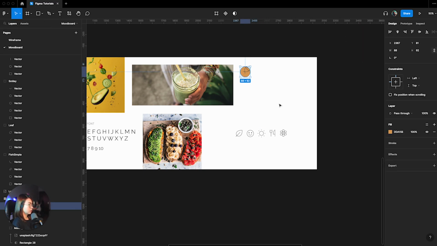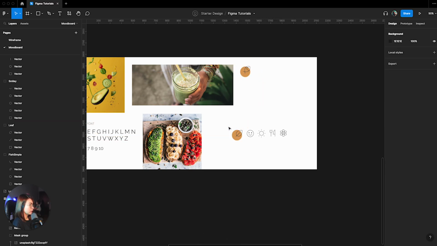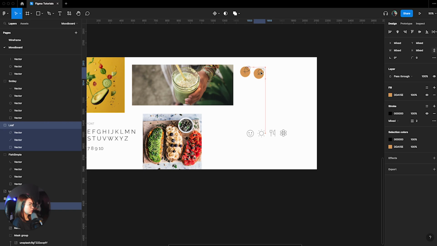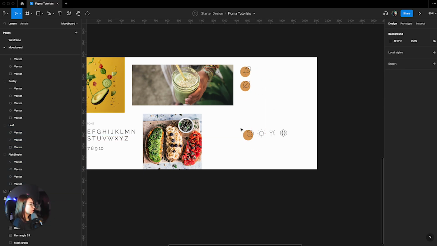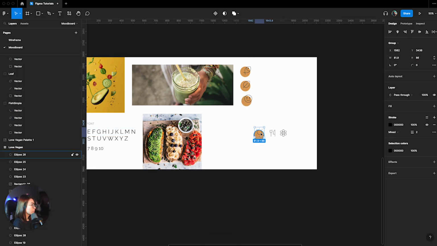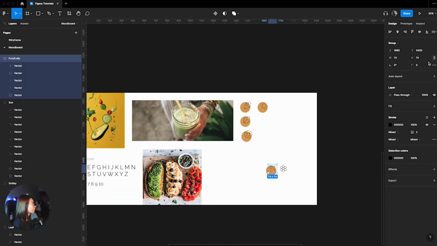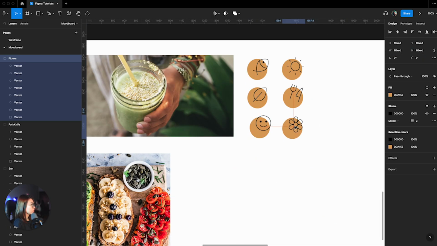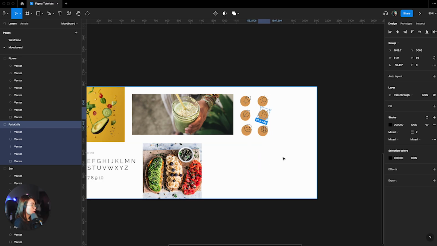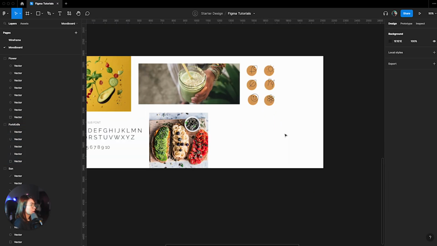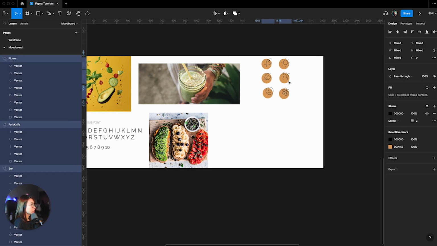Then we'll just duplicate this and use this for the rest of our icons. So there you go, we now have our set of icon inspirations, and let's have this on